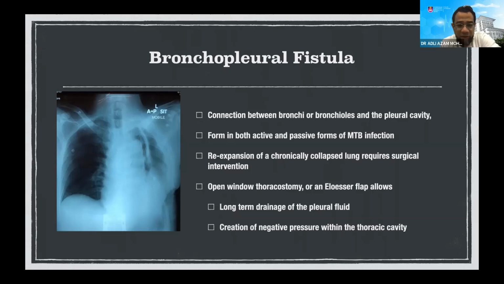the thoracic cavity. This is a chest X-ray of one of my patients, who was referred from another hospital. This patient was actually a prisoner, IVDU, hepatitis B or C, I can't remember, and was referred to me because of a persistent bronchopleural fistula. The chest tube they inserted almost 2 months ago was still bubbling, but every culture done for TB was negative. So the team spoke to me, and at that point, after almost 2 months, they didn't know what else to do. I said, okay, come to my side,